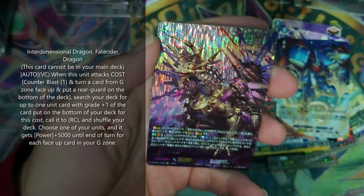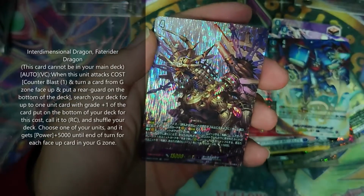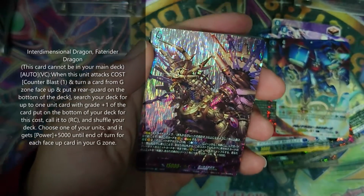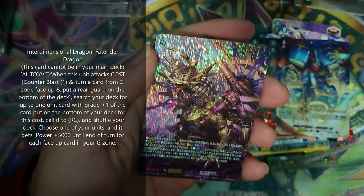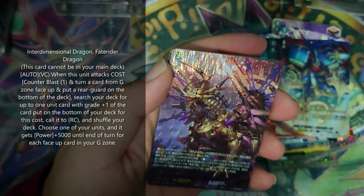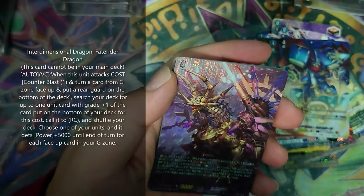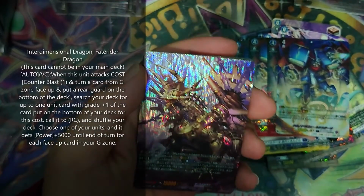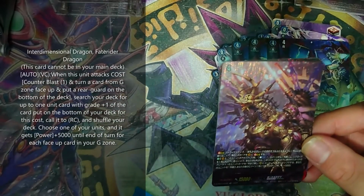Choose one or more cards with the sum of their grades being grade 3 or greater and discard them. So this card doesn't need you to have Chronojet, it just needs you to discard up to a total of grade 3, which is good. Then second skill is when this unit attacks, cost +1, turn a card from your G zone face up and put a rare guard on the bottom of your deck. Search your deck for up to 1 unit card with a grade +1 of the deck card. Put it on the bottom of your deck for this cost, call it to rare guard circle and shuffle your deck. Choose one of your units, it gets power plus 5k until the end of the turn for each face-up card